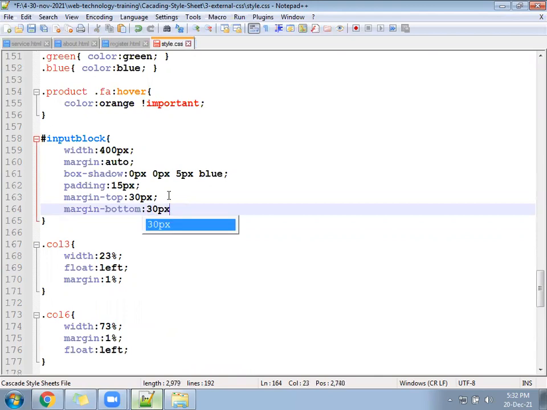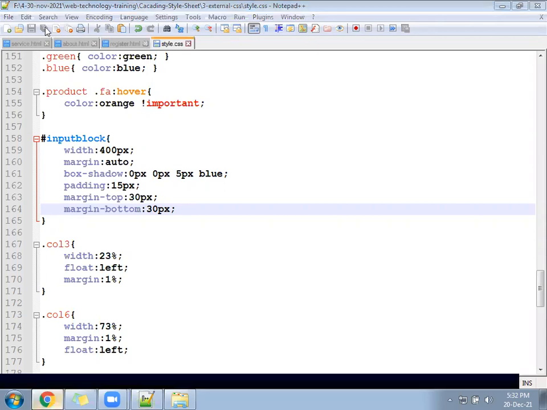You will have some very good space at the bottom.